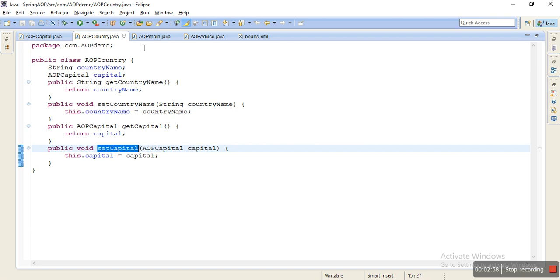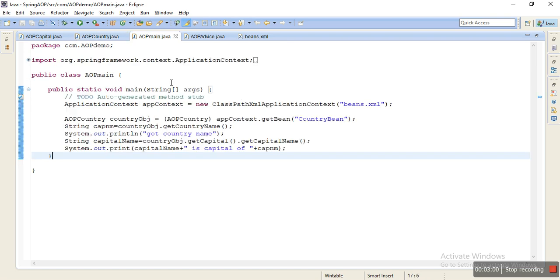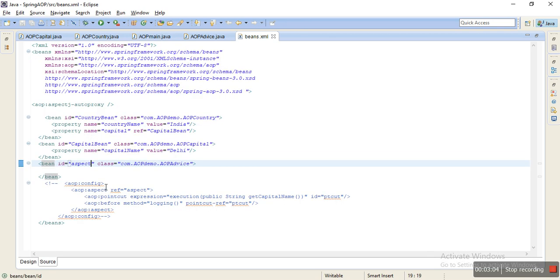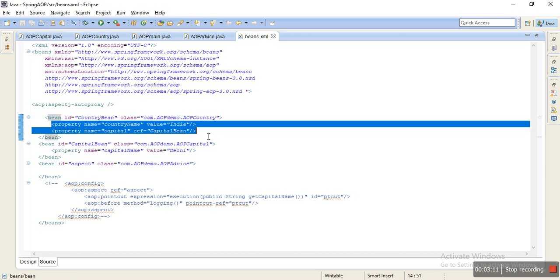The main method doesn't have any effect, but you will find the difference in this bean.xml, where you have a bean, and inside that bean you have property value, which is considered setter based.